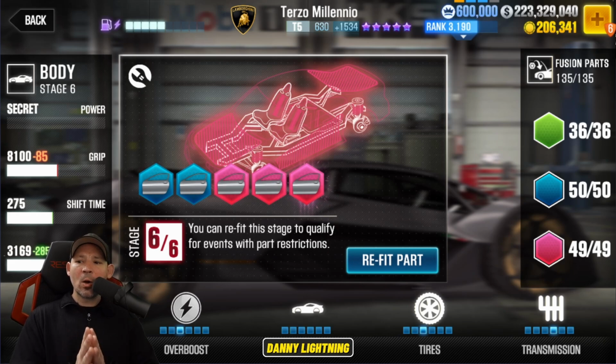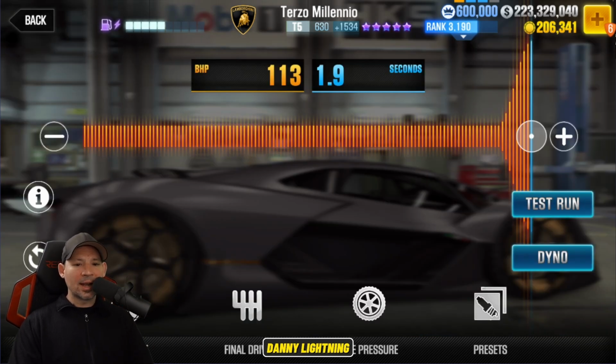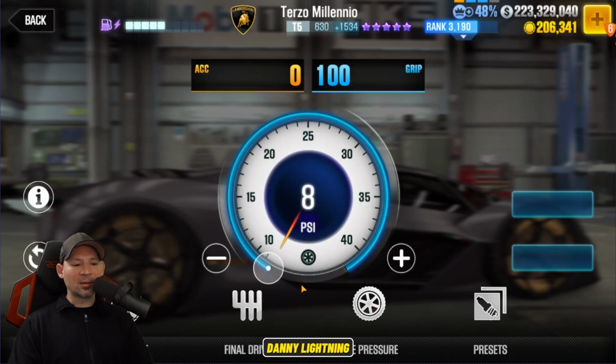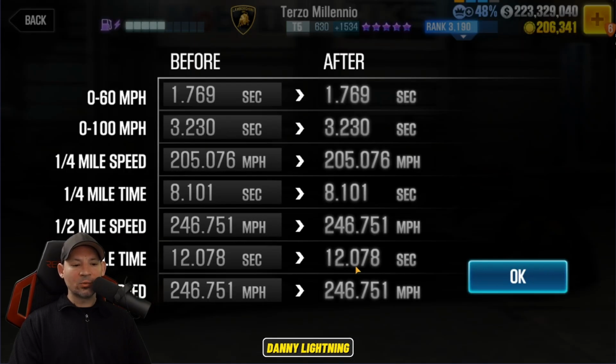All right, so we got overboost on stage 3, tires on stage 3, transmission on stage 4, all the other parts to stock. The tune is nitrous all the way to the right, final drive all the way to the left, and tire pressure still at 8 psi. That gives us a dyno of a 12.078, but I think I want to get this into the 12.2 lobby,